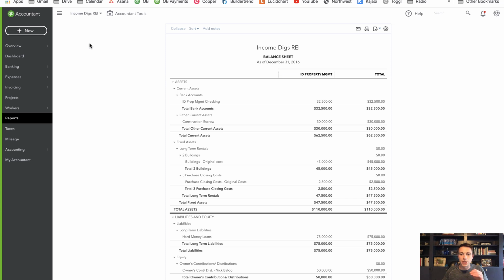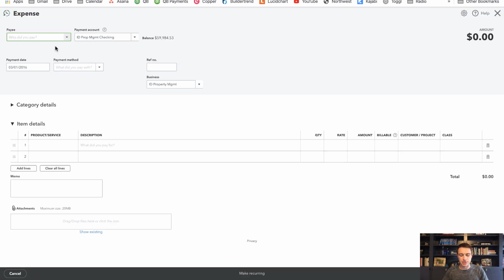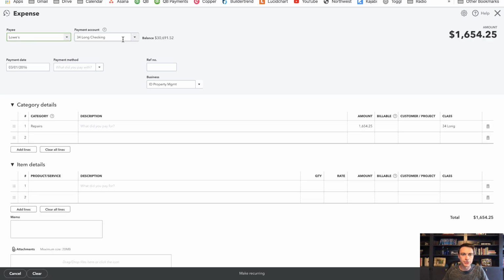Okay, let's do another expense because I have about $30,000 to spend in construction escrow. Let's pretend I spend exactly that much. So let's just do one more expense, and this will be for rough plumbing for another $15,000. Okay, so let's just say it's Lowe's. Obviously, I wouldn't pay Lowe's for rough plumbing, but just for simplicity here. Okay, so let's go with,